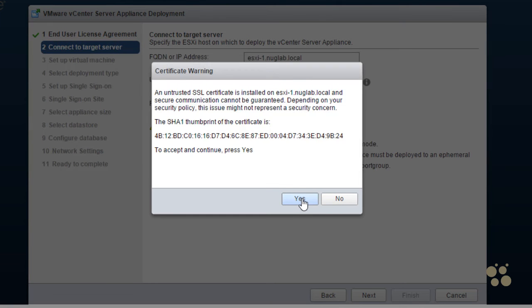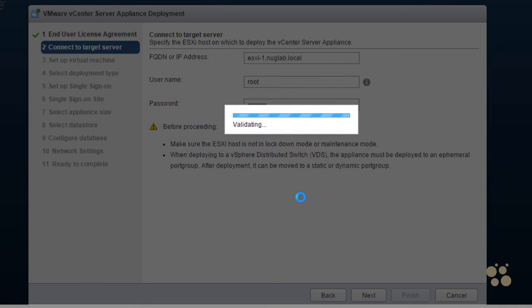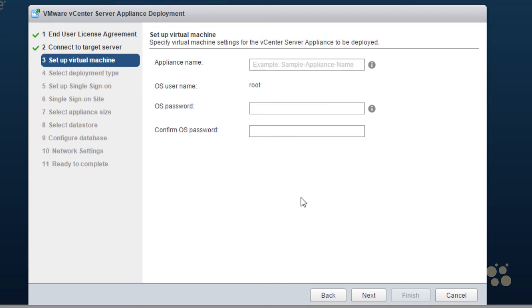Yes here, back at the installer, and we're being authenticated, and it's asking us for an appliance name. And let's go ahead and call this vCSA. Now this is asking us to set the root password on the vCenter server appliance. So I'm going to use, in the lab environment, Nugget